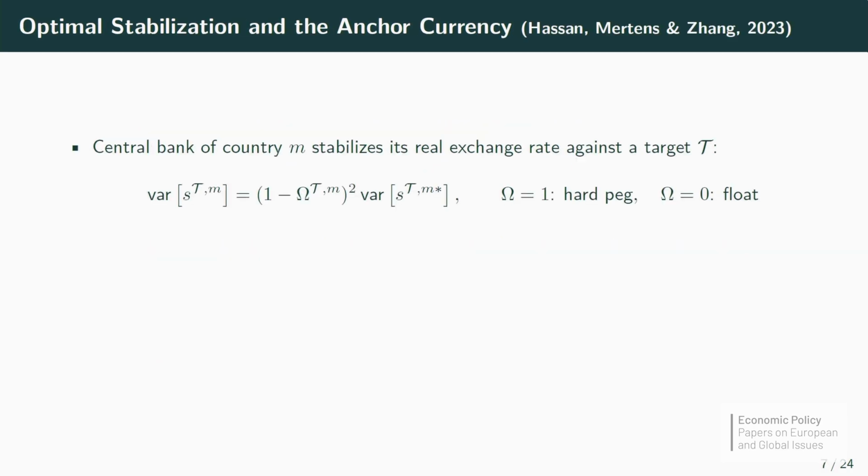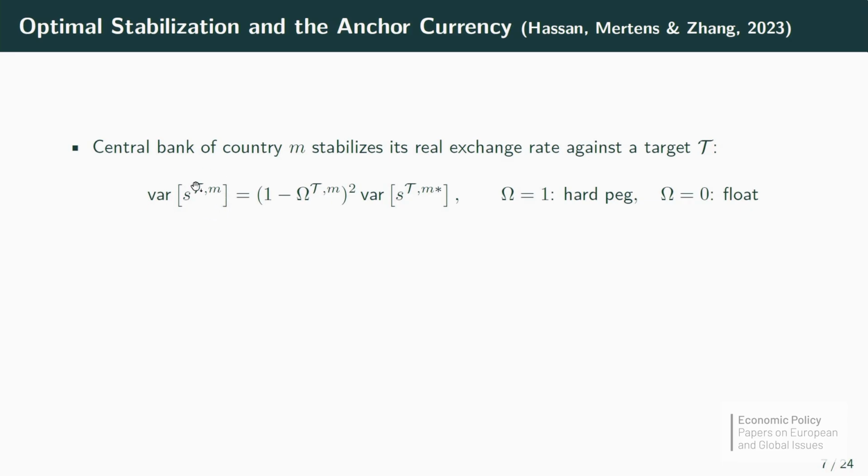In a follow-up paper that we had in 2023 in the REStud, we asked, well, you have these large countries that have these safety properties to their currencies. Can smaller countries implement some policy to gain some of the nice properties that these large countries have? Can they do something to also make their currencies a little bit more safe? And we thought about this through the lens of exchange rate stabilization. So suppose you have a country M, and it gets two things to do now. It can choose a target to stabilize its exchange rate to, and it can also choose the degree of exchange rate stabilization. You can represent it here by this equation.